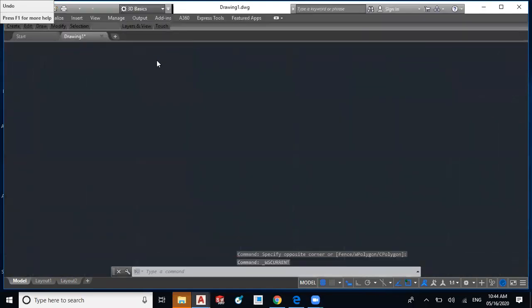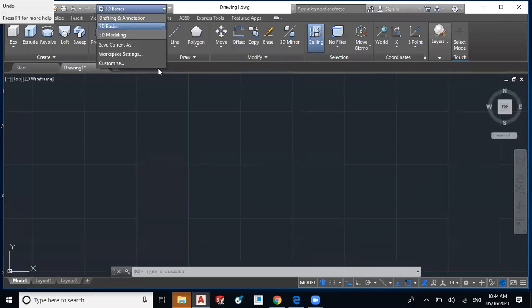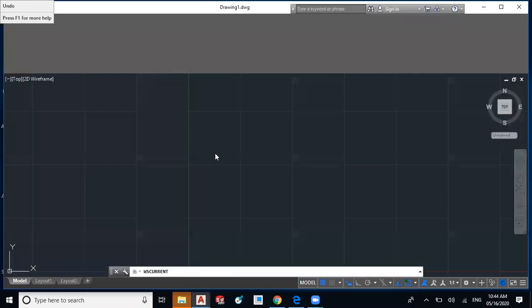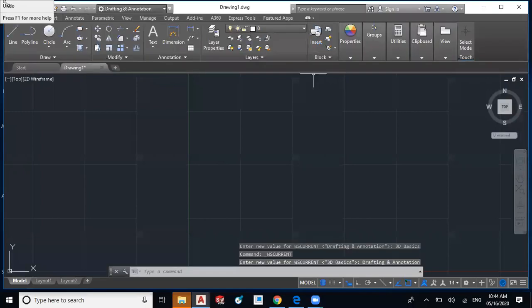It will move into the 3D basic modeling workspace. And again, we have to select the drafting and annotation workspace. Then you will get all the default settings on the screen, like this ribbon, these shortcuts, this navigation tool, cube, and this top and 2D wireframe visual style.